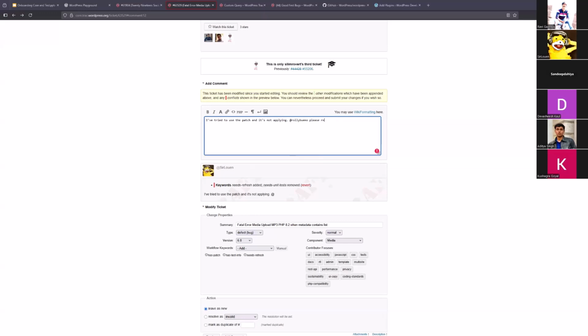Refresh the patch. And you send it. And now you are going to be sending with needs refresh